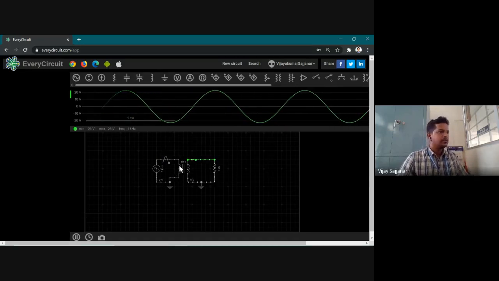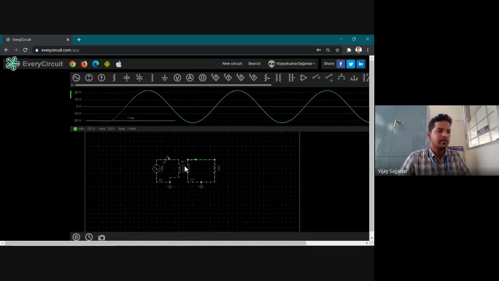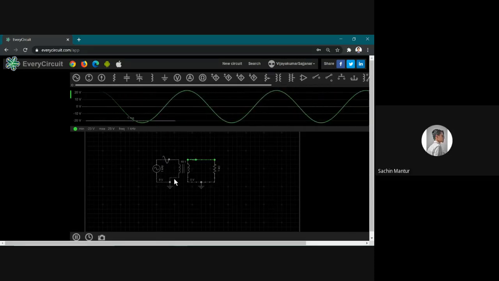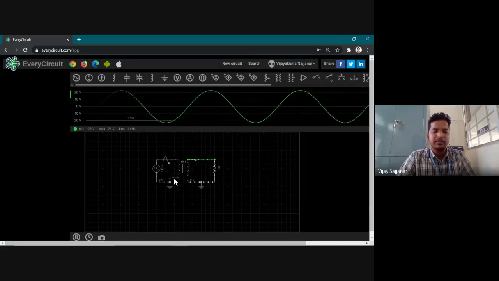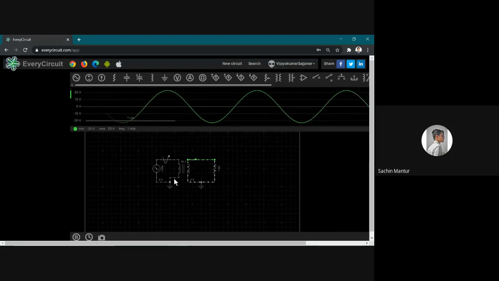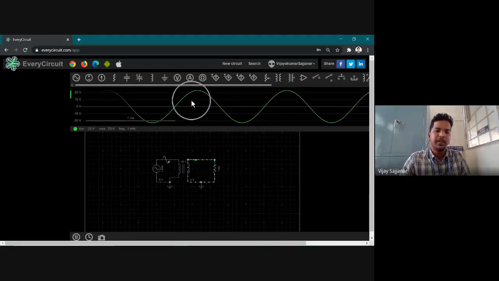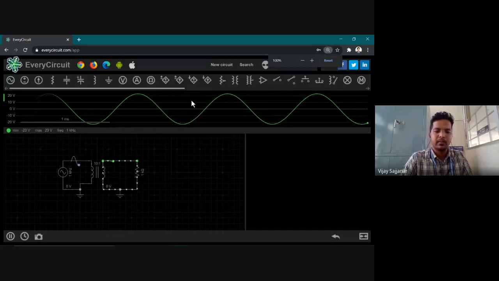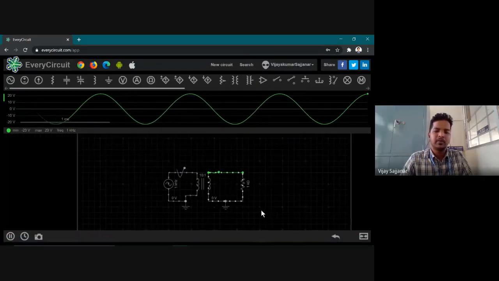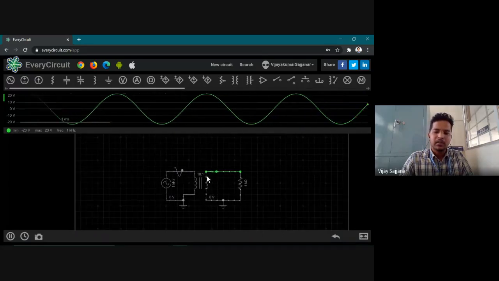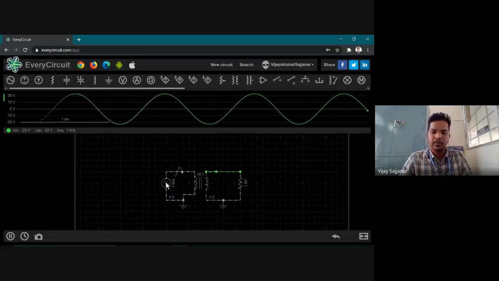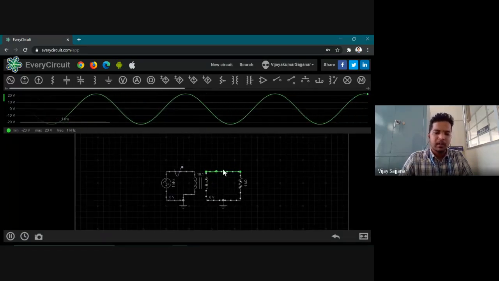I'd like to get a confirmation whether everything is good. Sachin? Yes, sir. Are the waves visible? Yes, sir, but they are very small. No, I mean this green wave, the top side graph. Yes, sir, it is visible. Okay. This is just for seeing the circulation of electrons and the waves. Okay, so let's continue.